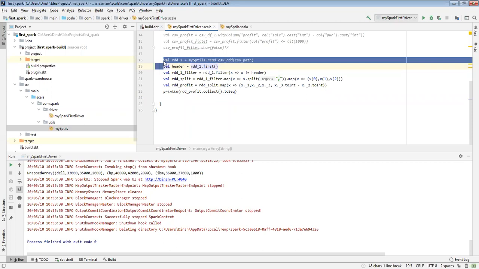If you take any operation, is it possible in a data frame and RDD also? Some of the operations. Most of the operations are possible in both data frame and RDD. Here your requirement will decide whether you want to use the data frame or RDD. So that is the purpose.